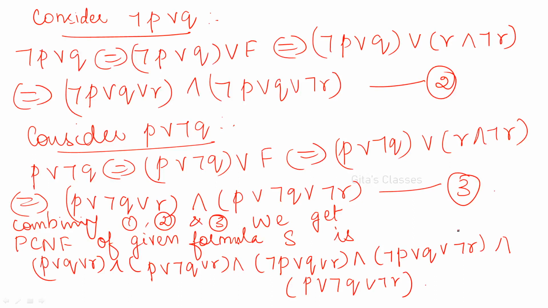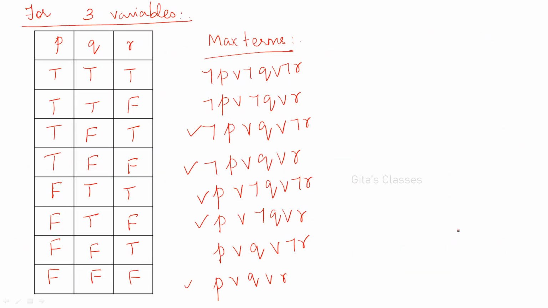From this, if you want to find out the PDNF, I'll explain after that table. So this is the PCNF, and the PDNF also we can find out using this. These are the max terms available, right? These are the 5 terms we have written. From this you can write,